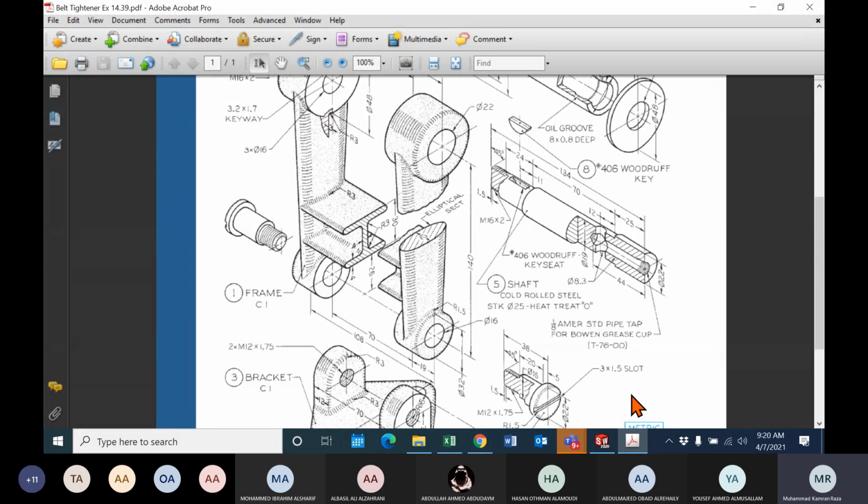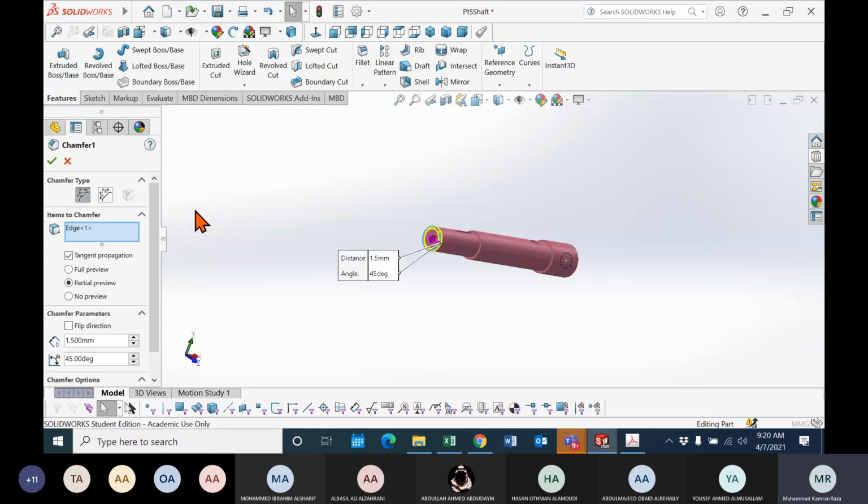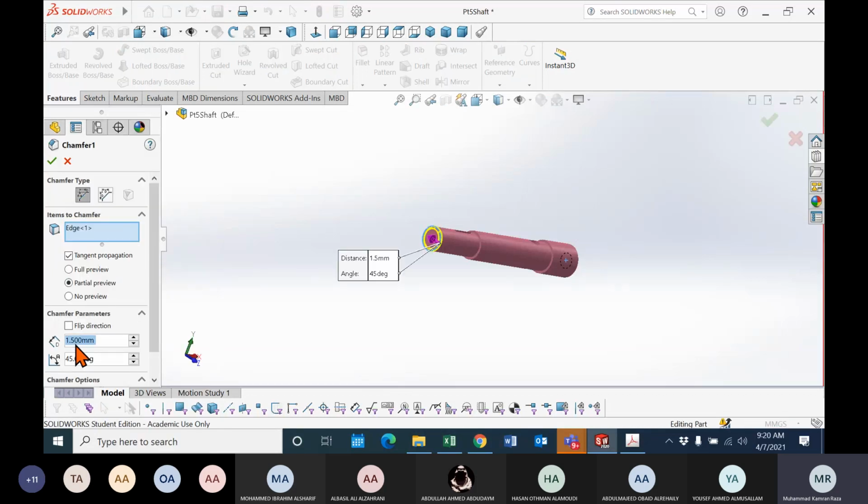Okay, the teacher has taken the radius of the arc 25. The teacher has taken the diameter 20. You are just copying like this one. But in the exam, you have to read the dimensions. So for example, the chamfer: if you see, this is the chamfer. Angle is given 45, and one side of the chamfer is given 1.5 millimeter. So use this for the chamfer. You will make this chamfer 45-degree angle, and one side is 1.5 millimeter.